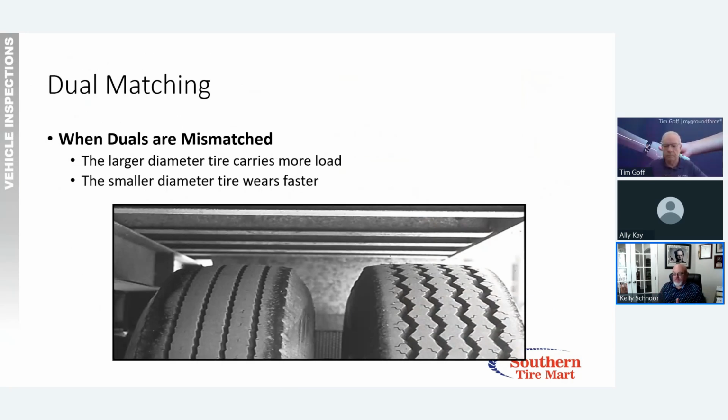is that folks don't know a casing is worth something when they pull it off because it's worn low, down to 4 or 5/32nds. That casing, if it's a quality casing from a solid manufacturer, Bridgestone, Goodyear, Michelin, Firestone, Yokohama, General, Continental, they all make good tires, if it is a quality casing,